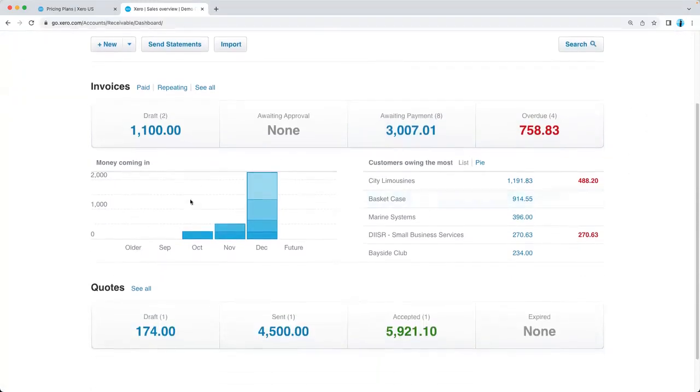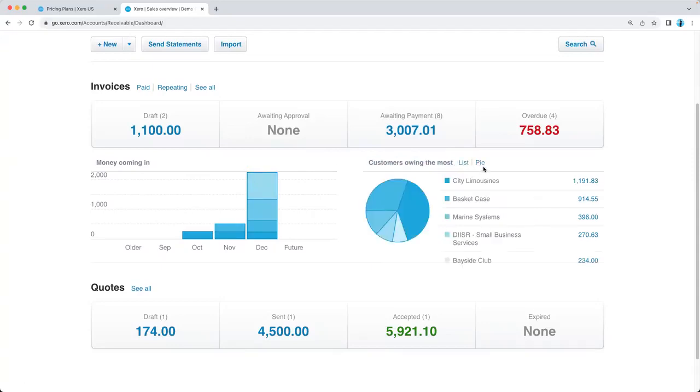Below this, we can see our money coming in graph, which again is fully interactive. I could hover my mouse over or click straight through to those bar charts to get a breakdown report, and also have my customers owing the most list. Now, we can see this as a list or perhaps a pie chart, and it will show me the customers on Xero that in fact owe me the most amount,